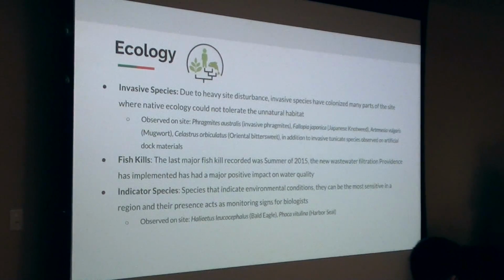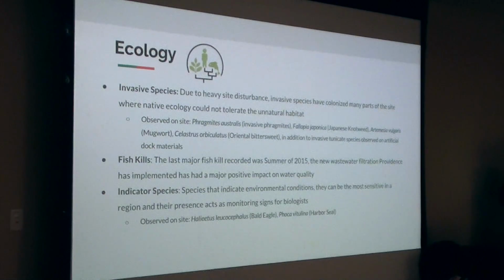So we're going to talk a bit about the invasive species here on the site. Due to heavy site disturbance, it has given way for invasive species, which we'll detail later. It gives them an opportunity to come into the site and take over while there's nothing there, or while it's in a process of regrowth. Some of the invasive species that we noted when we were on site were Phragmites, Japanese knotweed, mugwort, and bittersweet, and these can be extremely invasive and can impact the plants and wildlife on the